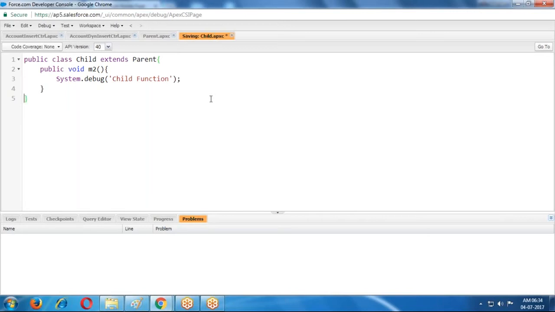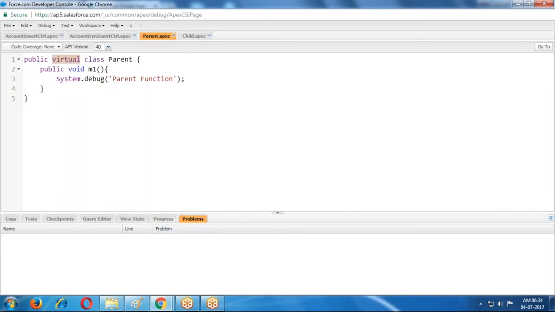Otherwise you cannot use it. So what is the keyword we are using? Virtual keyword, in the parent class before the class. If you want to allow extending these classes in any child classes, use the virtual keyword. If I provide the virtual keyword, then it is allowed to use these classes in any places.